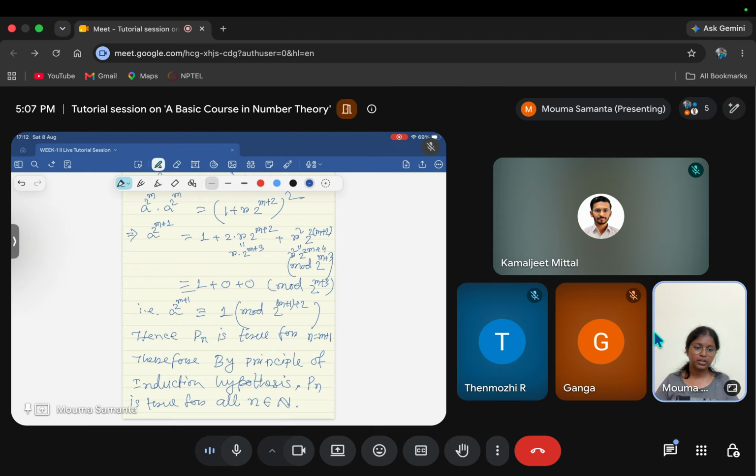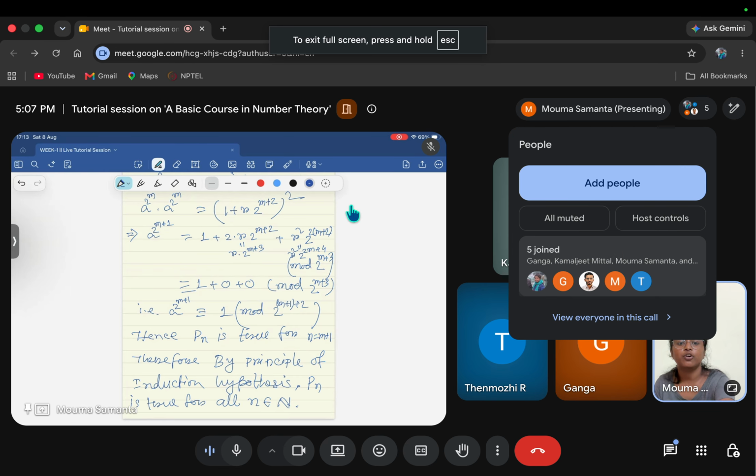Therefore, the statement we are trying to show is always true for any natural number n. Okay, so we have shown it. Okay, so let us stop today because